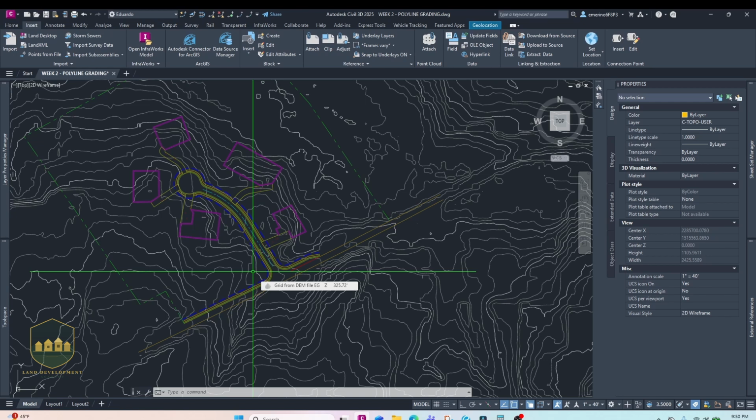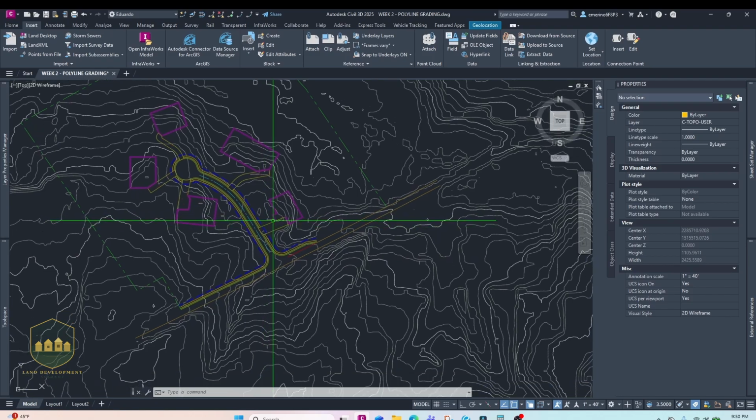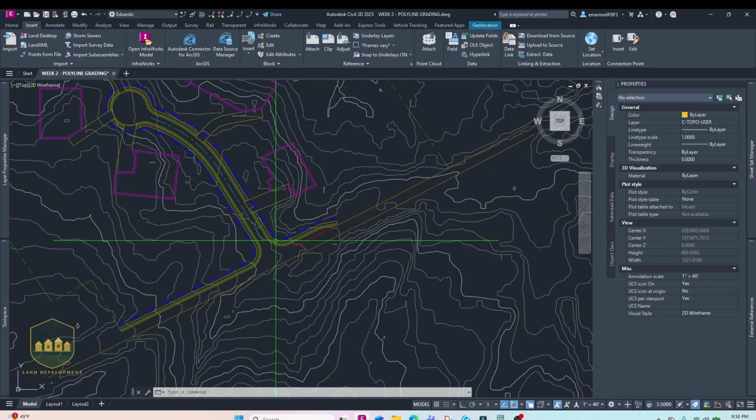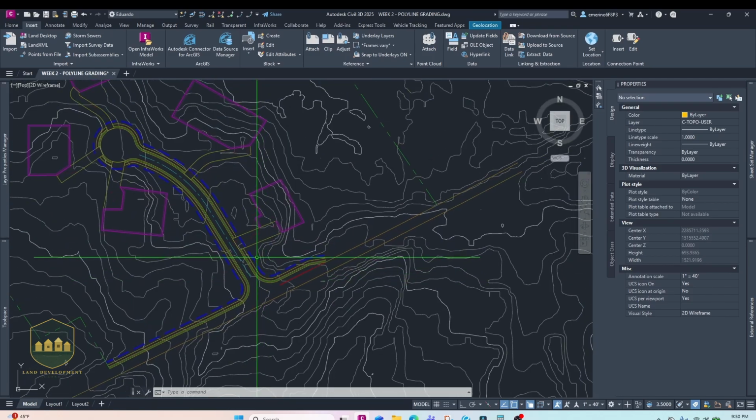But enough of my sermon. I am going to go ahead and just start doing polyline grading and just show you one of the advantages of learning how to do it that way. So